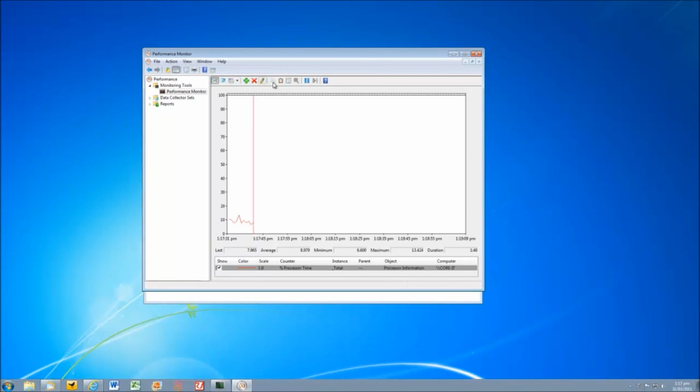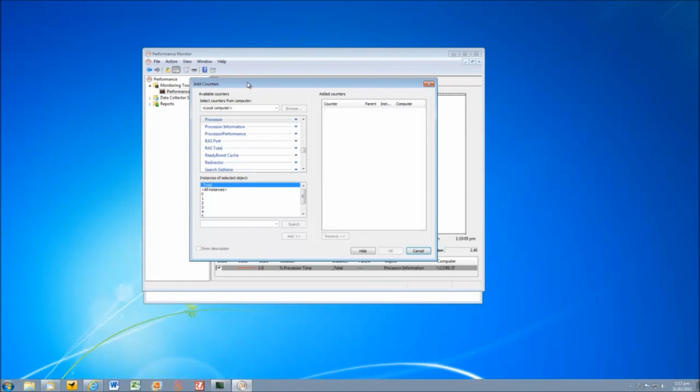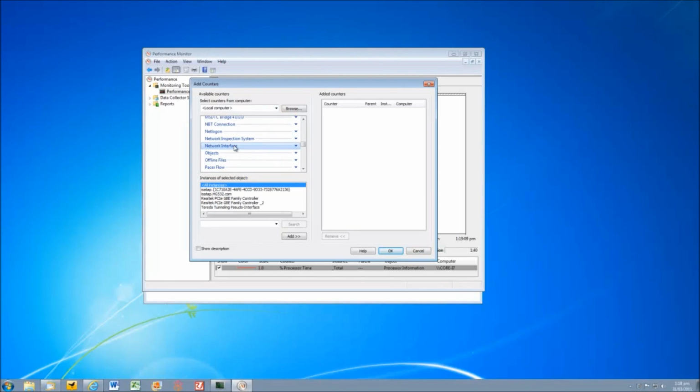But up on the top we've got a toolbar, and here we've got a green plus button, so we can add all sorts of different graphs to this panel. And you can see here there's a great many covering every aspect of the Windows operating system. Now let's say for instance we want to look at networking. Now there are several ways to do this. We can click on the network interface there and we can see all the information about it below, and we can click add there and we can add all these network interface